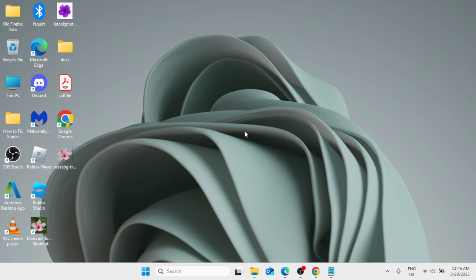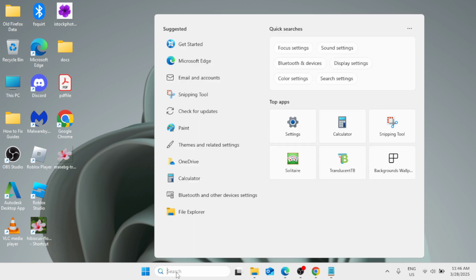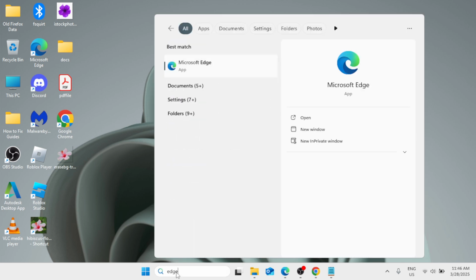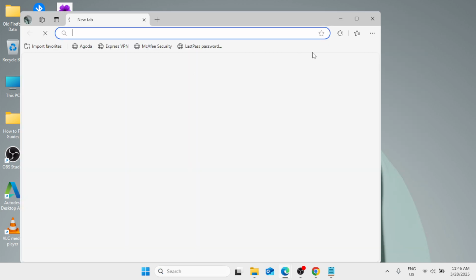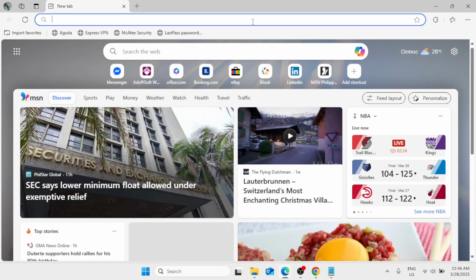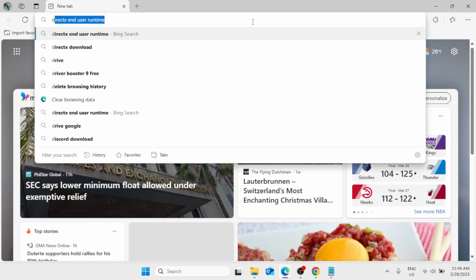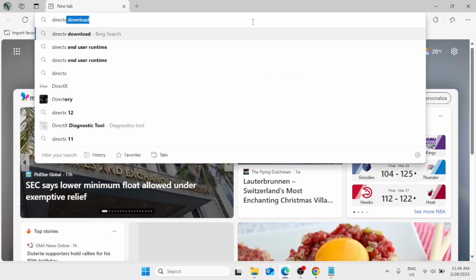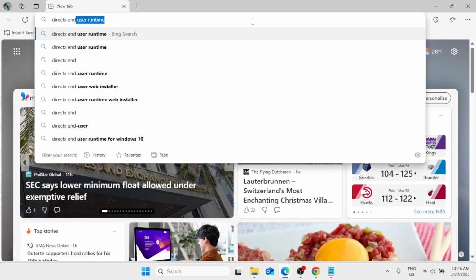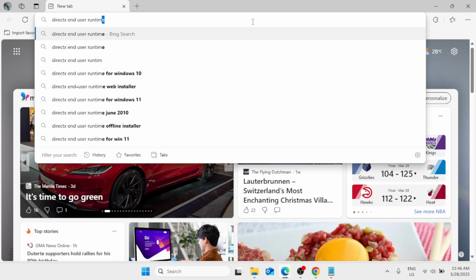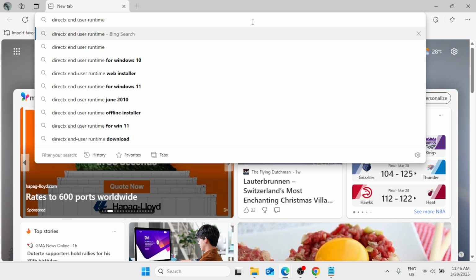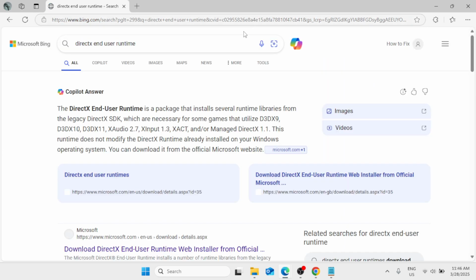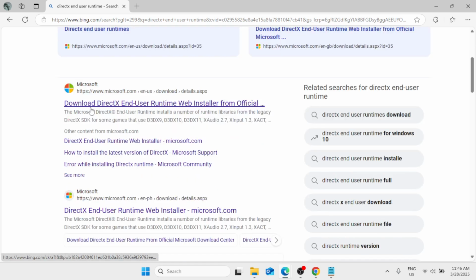Now, the next method is we need to open a browser. So let's open the Edge browser. Click on it under the best match. Maximize it. Here in the search bar, simply type DirectX End User Runtime. Hit enter. And here you'll find from the first option